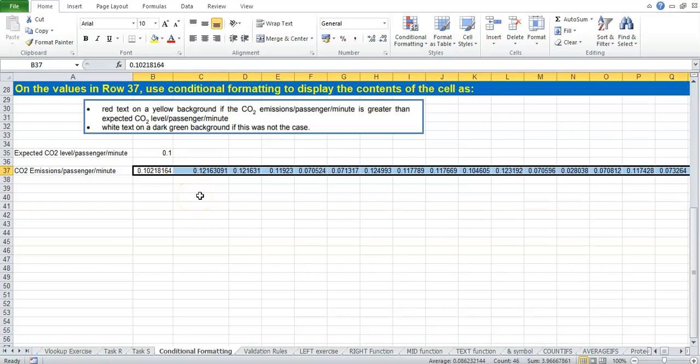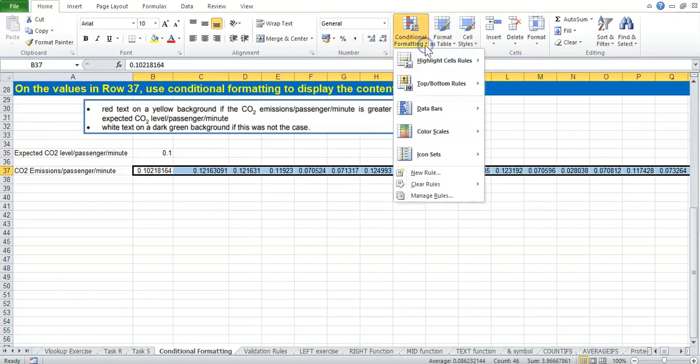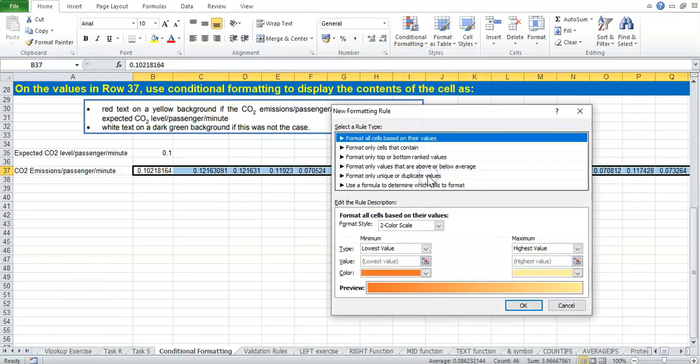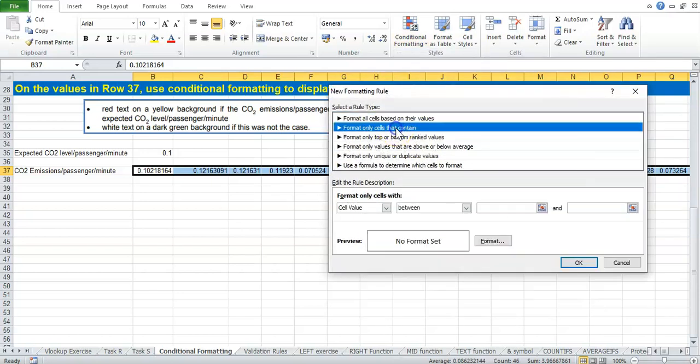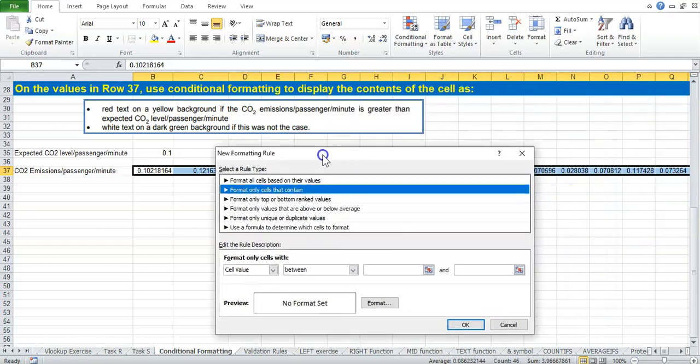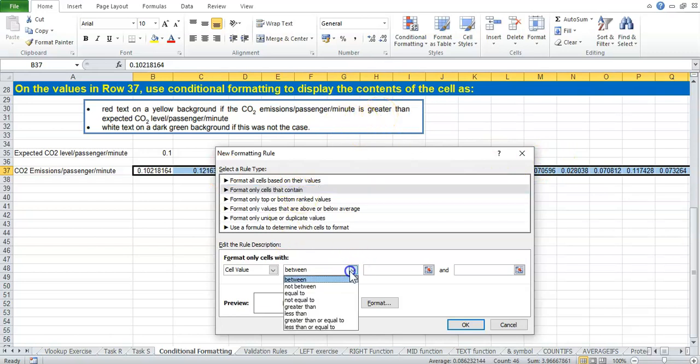To do the conditional formatting, you just make sure you're under Home. You're going to click on Conditional Formatting. You're going to go down to New Rule. And we're going to select the option Format Only Cells That Contain. And because these are numbers, we're going to leave them as the option as cell value. But what we're doing is if any of these values is greater than, so I'm going to select greater than,